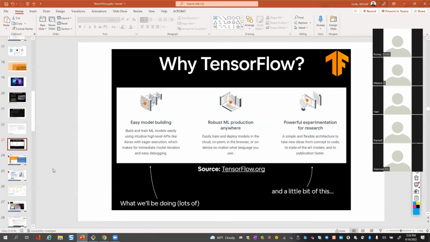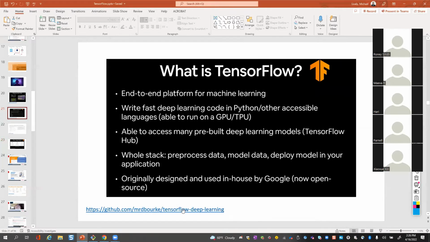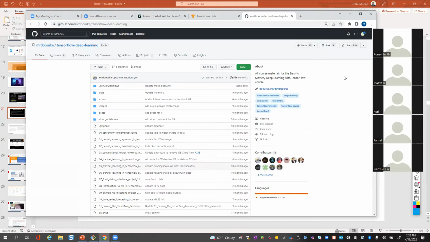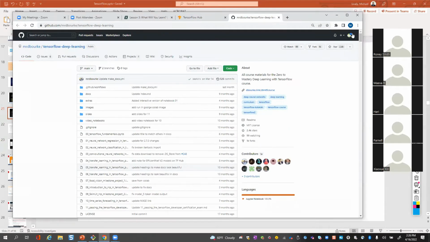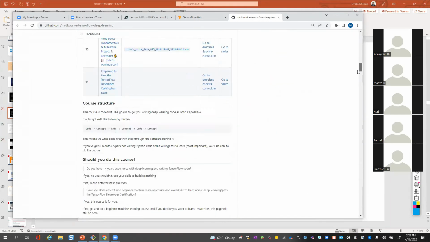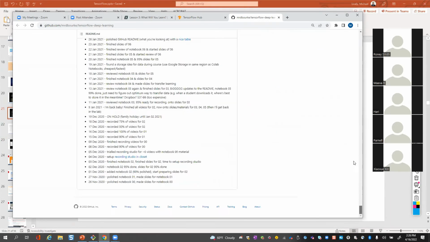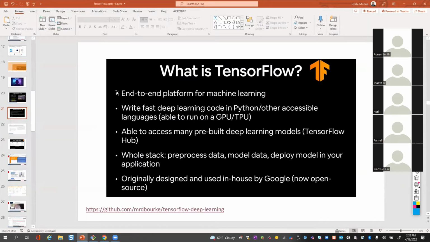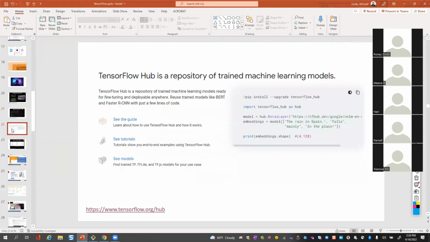These slides come from a resource on Google. And if you go here to GitHub, TensorFlow Deep Learning, they have an entire GitHub devoted to learning TensorFlow in Python. Now we're going to look at TensorFlow.js today, but they even have an entire book that you can go to and access with videos and tutorials. So I mean, there's just lots of resources out there to learn AI. So it's in the slide deck. If you haven't learned that, download the slide deck, please do.